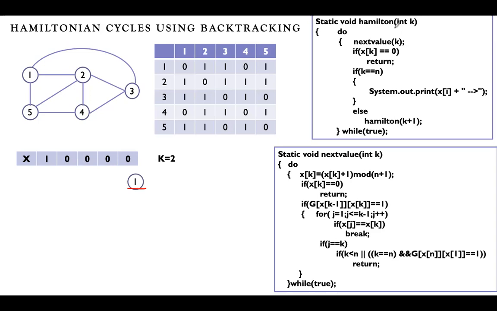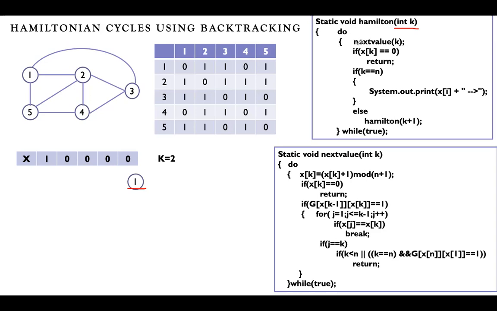See, as I said, we'll pass the value 2 here. Once you pass the value 2, you can see here a do while loop is there. This will be executed until the while condition is true, and we have set that condition to true. So this loop will keep running. And here also a do while loop is there, where the condition is true, it will keep running. Either you have to return from this function or break out here. Those conditions are given inside the if conditions, to come out of this while loop.